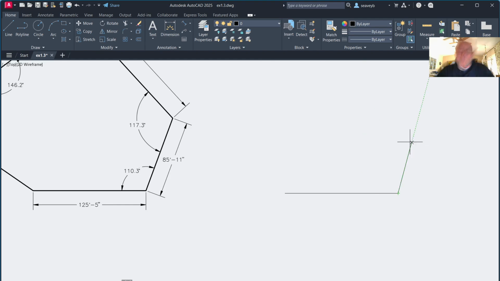F12. There we go. So dynamic input is turned off. Now, if I just type in polar coordinates, I can set the length of this line as just start typing, even though I have no input to give. I can, let's see, 85 feet. And I can see it in my command line, which is fine. And then 11 inches. So there's my 85 feet, 11 inches,